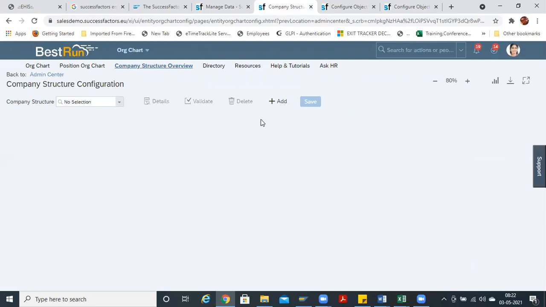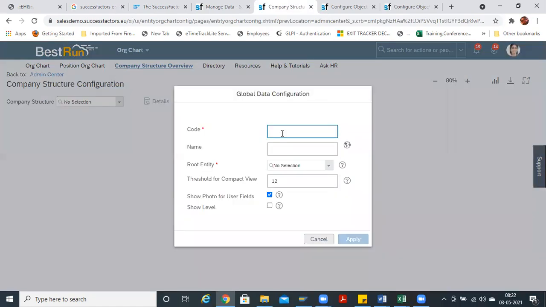You can just configure your own company structure overview. For example, I'll be adding legal entity, new overview.